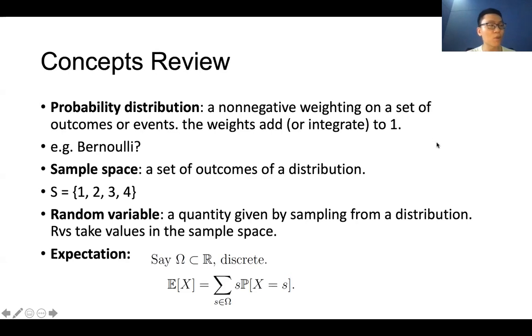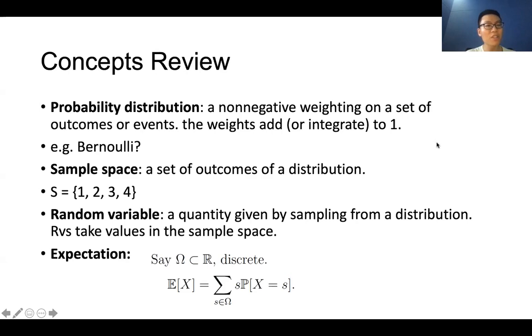For example, the parameter for the Bernoulli distribution is called P, right? If Bernoulli P equals 0.2, it means that there is a 0.2 probability that X is 1. And the rest of the time, with probability 0.8, the random variable X is 0. You only have 2 choices, 0 or 1. And you will see a concrete example of the Bernoulli distribution later on.